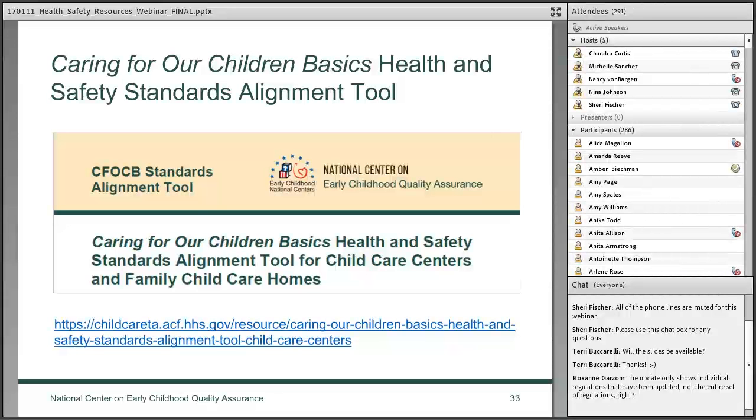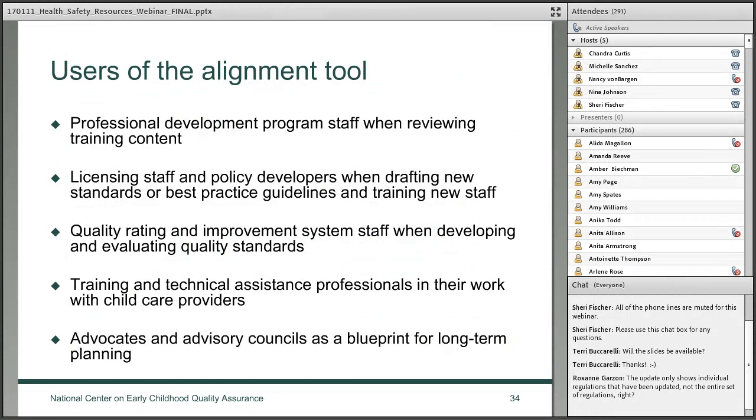I'm not going to pull it up today because it's basically a document that you can review on your own. But I did pull out some examples from it. There are several users for this alignment tool.